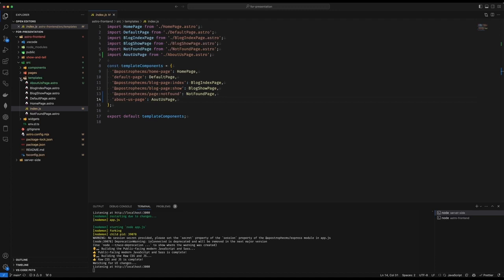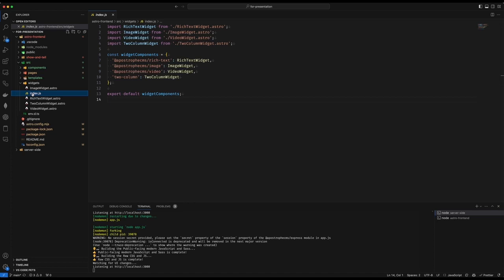Moving on to widgets. Creating a static widget without client-side interactivity is like creating a widget in an Apostrophe project, with the extra steps of creating a template and mapping that widget in the Astro project. For widgets, the template goes in the widget folder, and you wire it through the index.js file in that same folder. Much like with pages, you import the template and then add it to the widget components object using the name of the widget without the dash widget added.